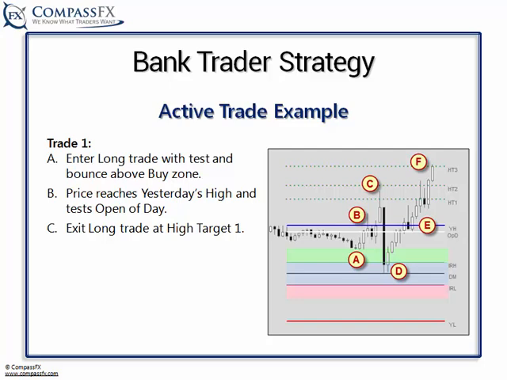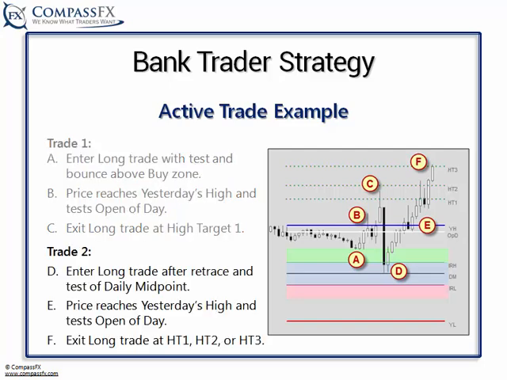At C, we see price moving up to high target number 1, where we could potentially exit our trade. Now, a second trade occurs here when we get a very strong move back. The market drops from the high target number 1 all the way back down to the daily midpoint, the DM, noted in the chart. And then we get a bounce off the daily midpoint, giving us another potential long entry,